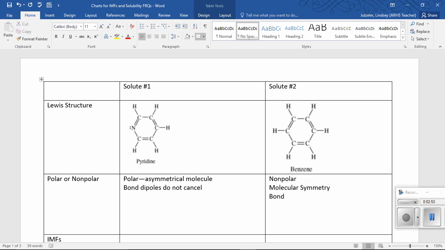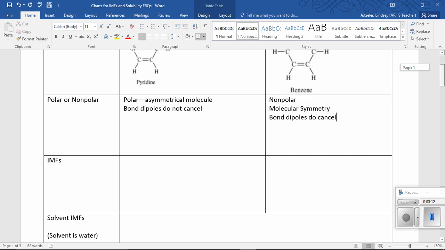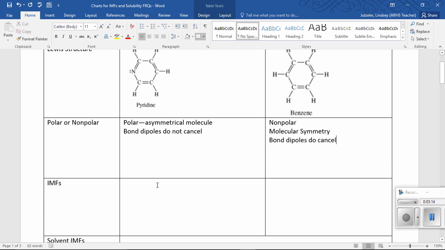So bond dipoles do cancel. Right off the bat, I can narrow down what kind of IMFs pyridine has versus what kind of IMFs benzene has. Now let's talk about the intermolecular forces. If you have a polar molecule, then obviously you're going to have dipole